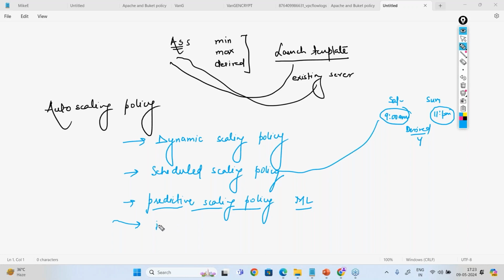We have an application called irctc.com. Every day from 10 a.m. till 11 a.m., the emergency ticket booking window is open. You know that very high traffic comes from 10 to 11. Now if a server comes into the picture, it will take some warm-up time before taking traffic. Let's say it takes 5 minutes, 300 seconds to warm up. Warm up means ready to take traffic.